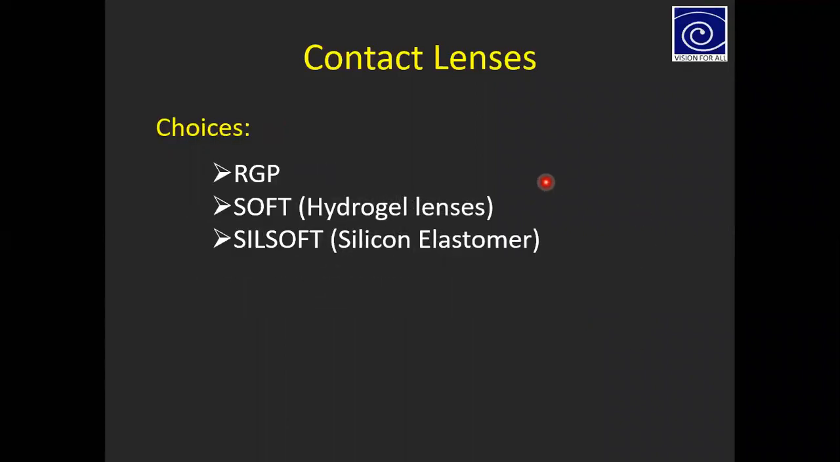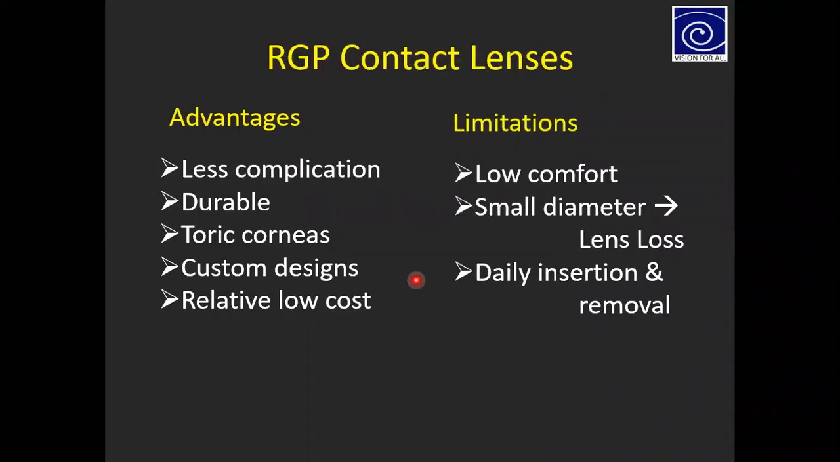So what are the choices of contact lenses we do have? RGP, soft, and Sil-soft lenses. I will discuss them one by one. So RGP lenses, we all know the biggest advantage of RGP lenses is less complication, because these lenses have